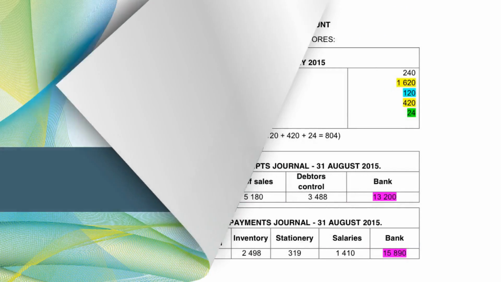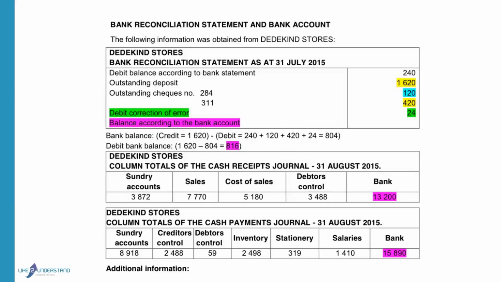Good morning. We will pay attention to bank reconciliation statements and the bank account today. We will not record the additional entries in the cash receipts and cash payments journal, but we will record it directly into the bank account. That means that entries that would normally be recorded in the cash receipts journal will be recorded on the debit side of the bank. Entries that will normally be recorded in the cash payments journal will be recorded on the credit side of the